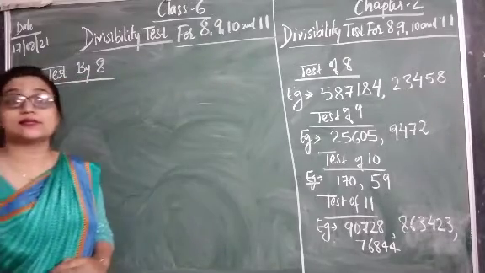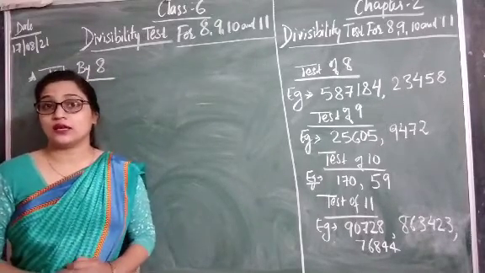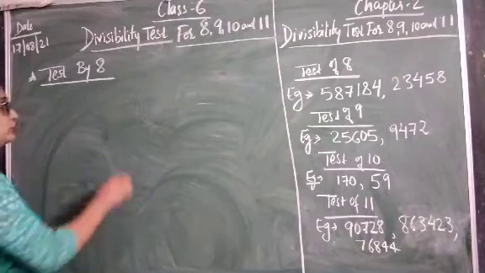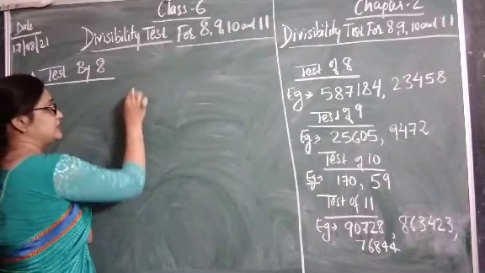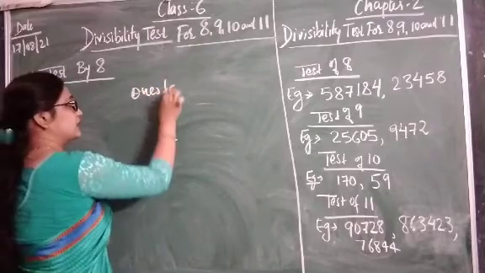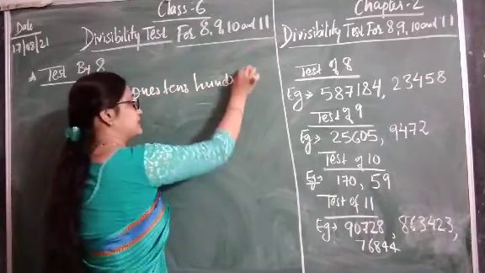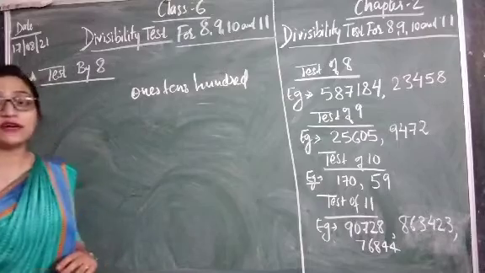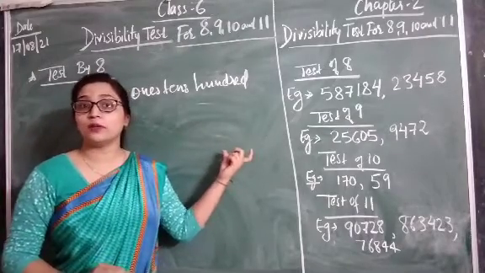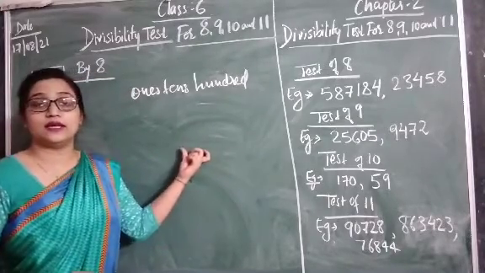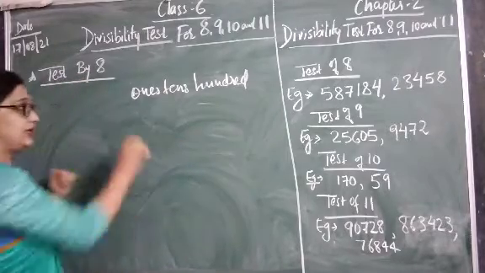First is test by 8. Okay, for testing the number 8, what you have to do, you just have to observe the digit in its ones, tens and hundreds place. Okay, you just have to observe the digits or the number formed by the digits in hundreds, tens and ones place. Example